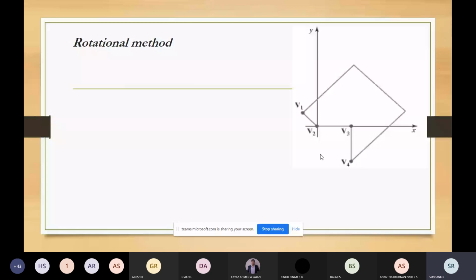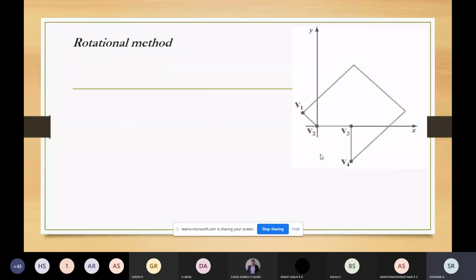Shift the polygon such that the vertex vk is at the origin, then rotate the polygon in the clockwise direction in such a way that the vertex k plus 1 will be on the x-axis. After that, check if the vertex k plus 2 is below the x-axis. If it is below the x-axis, the polygon is concave, then you have to split the polygon in such a way that the part above the x-axis will form one part, and below the x-axis will form another part.